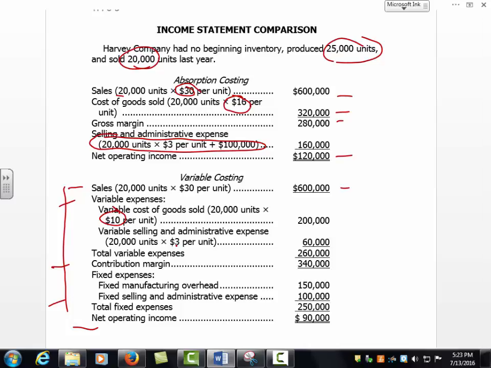We have a contribution margin of 340. Our fixed expenses, 150, go directly to the income statement, and then the selling administrative is 100. So the 60 variable,